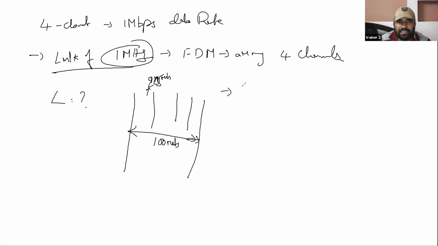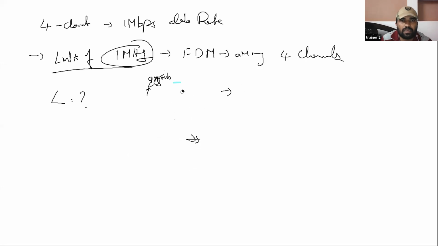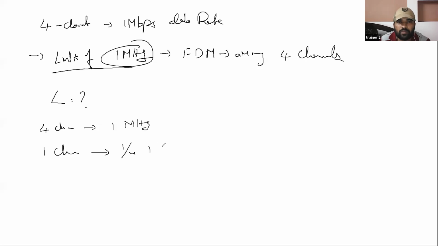That means in this particular example, since you have 4 channels and they are occupying this 1 megahertz frequency, one channel will occupy 1 by 4 megahertz. That means 0.25